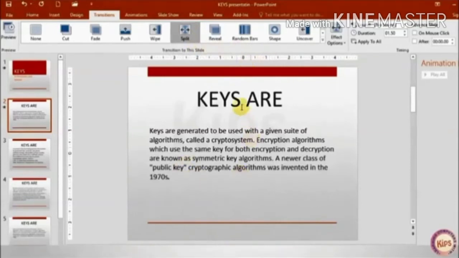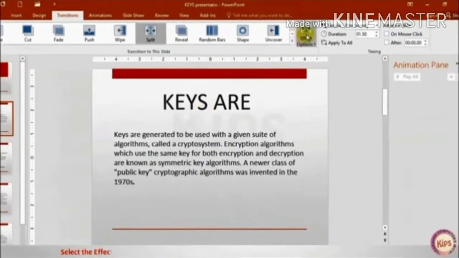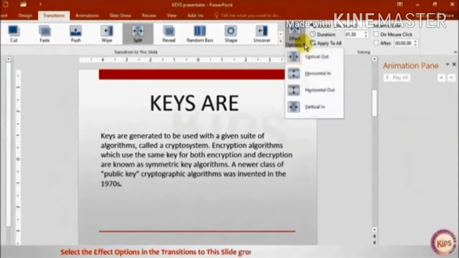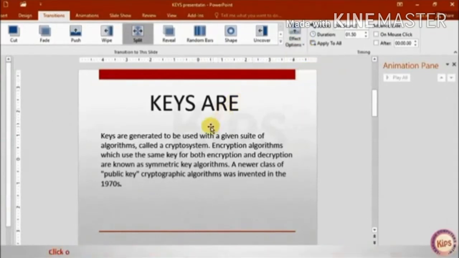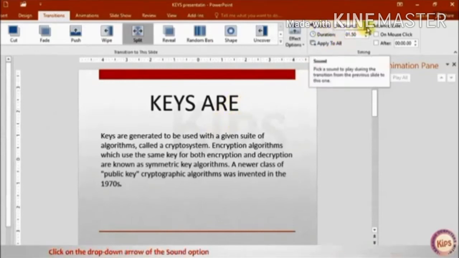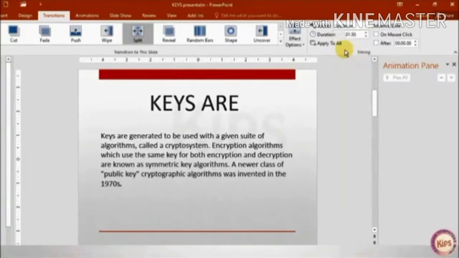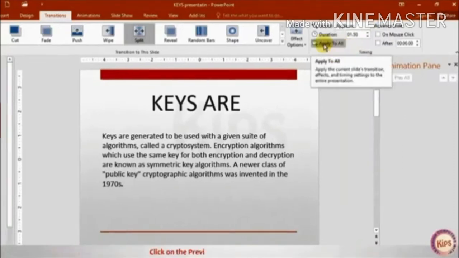The current slide will display a preview of the selected effect. In this way, select the effect options in the transition to this slide group to choose any effect from the displayed list. Now you have to click on the drop down arrow of the sound option in the timing group and select any sound effect of your choice.